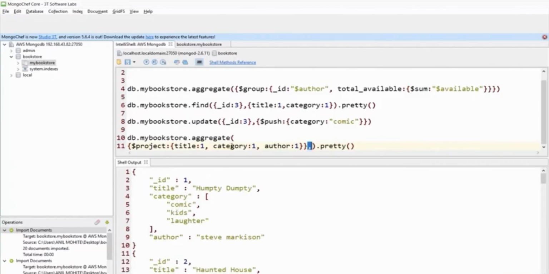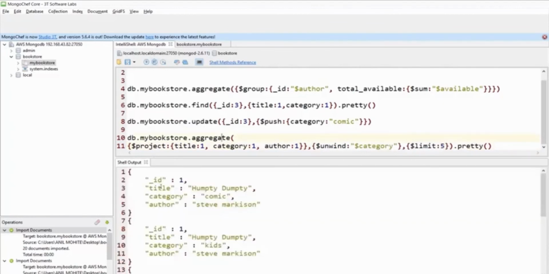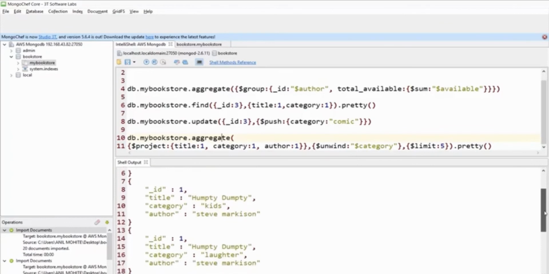So when we did unwind, what it did is it removed the parent-child hierarchy, and instead of category having 3 elements, it gave me category as 1 element and repeated ID, title, and author for all the 3 elements in the category. See this. So I have same ID, same title, and author for comic, same ID, same title, and same author for kids, and same ID, same author, same title for laughter.